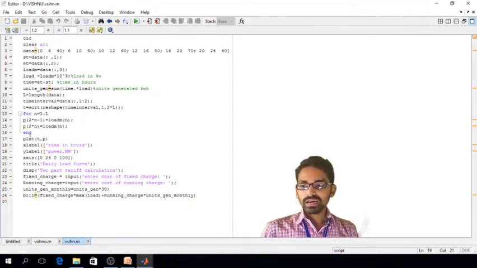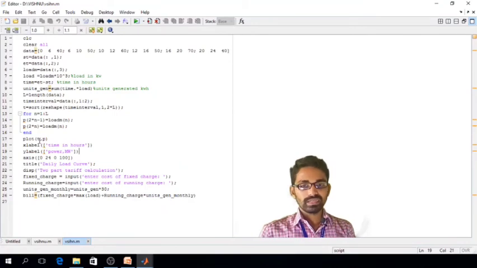So what values will it consider to draw the graph? On the x-axis it will consider the time interval t, and on the y-axis it will consider the p value, that is the power value. These power values are already taken, and with respect to them it will draw the graph. The xlabel gives the label on the x-axis, that is time in hours, and the ylabel considers power in megawatts on the y-axis.